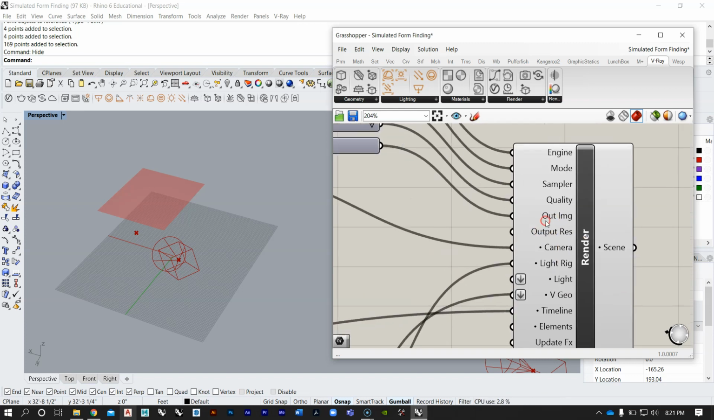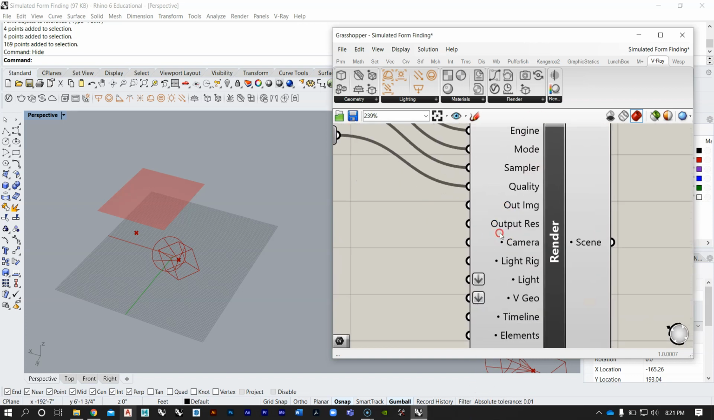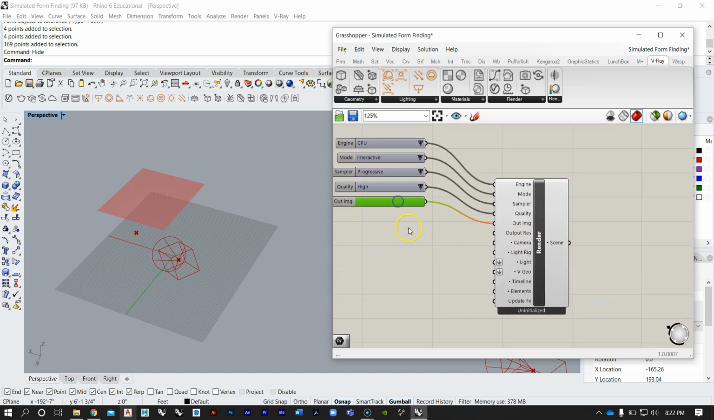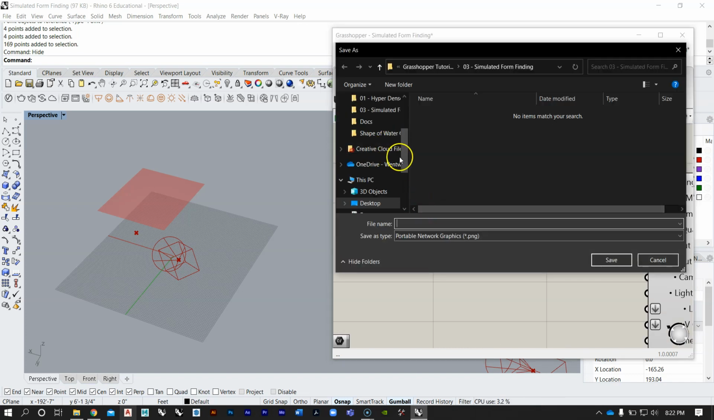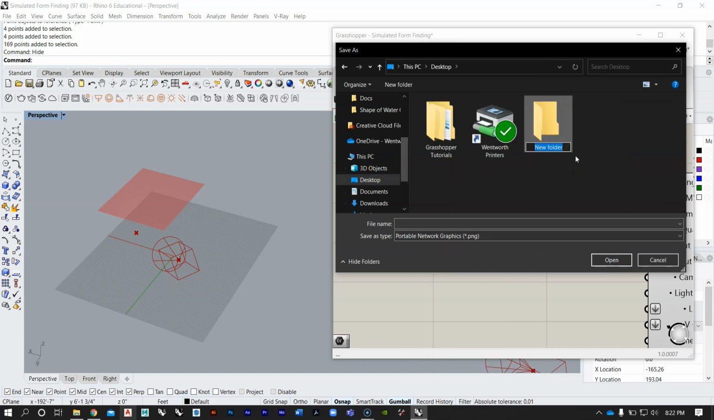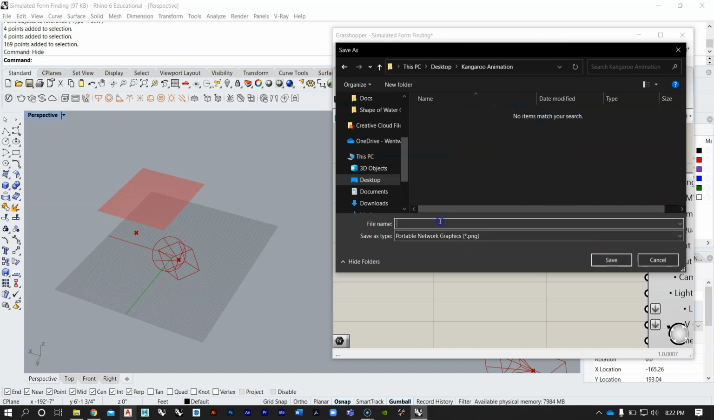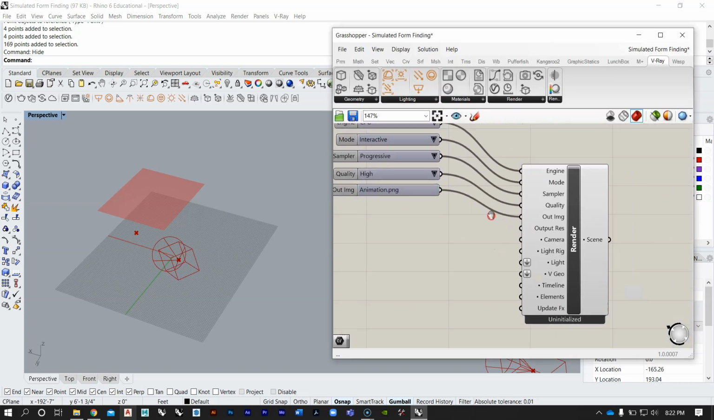out of it. The next thing we need to extract is the out image, and this is going to tell V-Ray and Grasshopper where to save our images. So I'm going to double click on this. I'll navigate just to my desktop and create a new folder and call this Kangaroo Animation. You can name it whatever you want, doesn't matter. And just click name it Animation and click save. So that's where it's going to save all the images as we render them